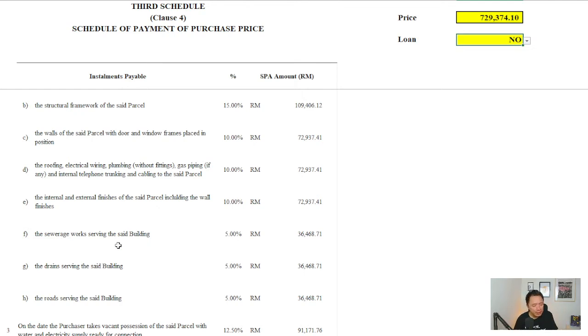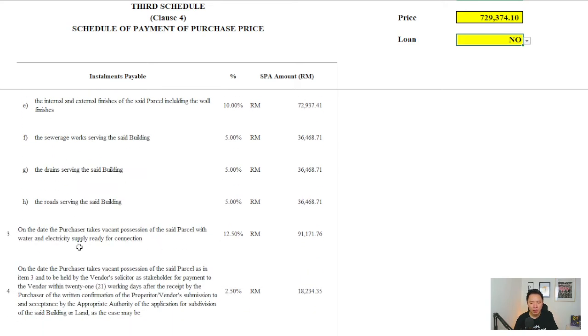So by that time, some of the works are actually concurrent, and they will bill you both at the same time. And after that, once the road is done, they will give you a vacant possession, where technically you are taking the key to the unit, but on the condition that it comes with the water and electricity. Now obviously, in order for them to issue you with the vacant possession, the developer needs to have